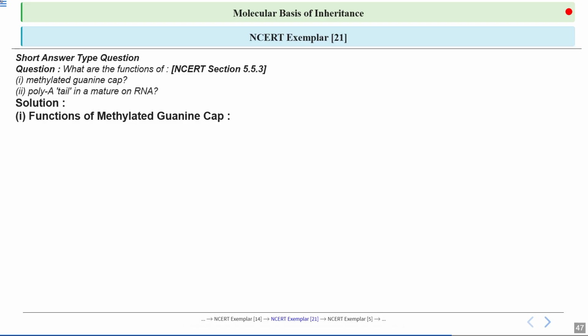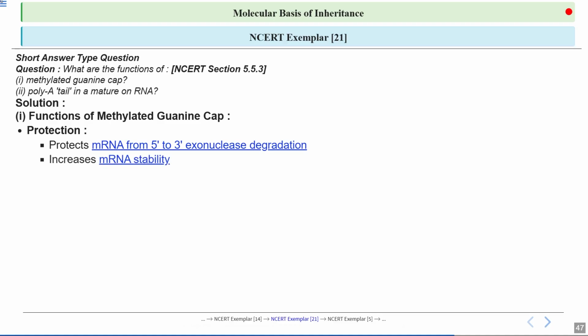What are the functions of the methylated guanine cap? The first one is protection. This methylated guanine cap protects the mRNA from 5 prime to 3 prime exonuclease degradation. So after the synthesis of RNA, the RNA is transported into the cytoplasm in the case of eukaryotes. So this mRNA is protected from the 5 prime to 3 prime exonuclease degradation. It increases the mRNA stability,